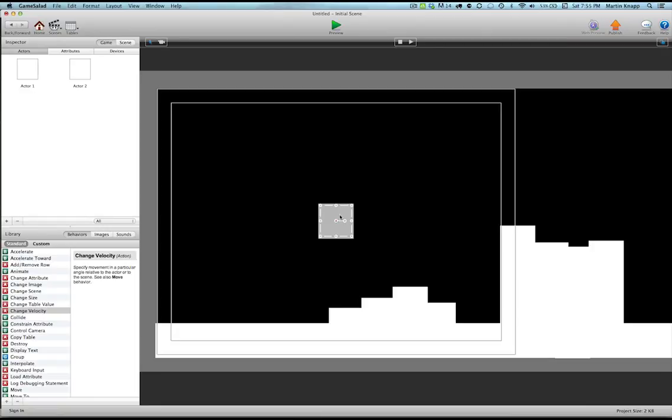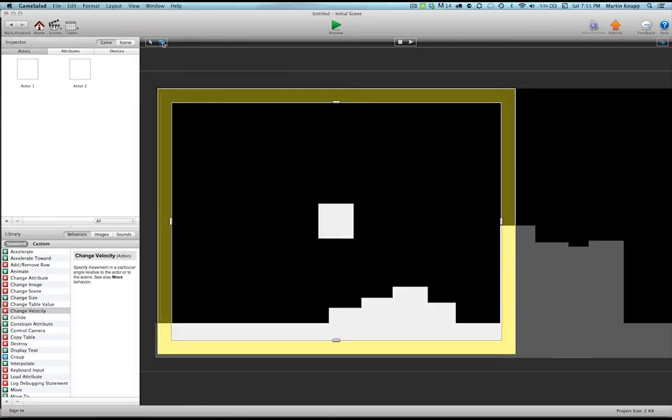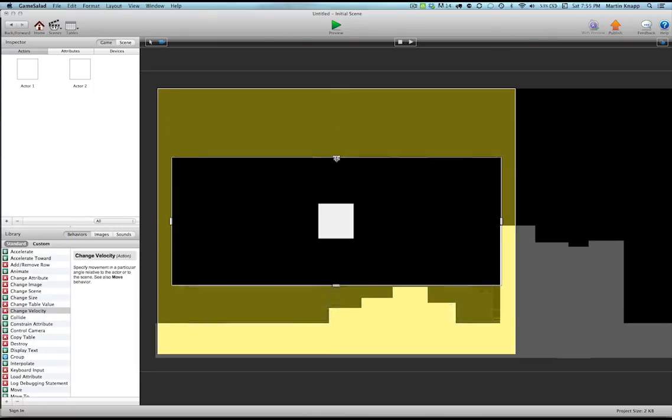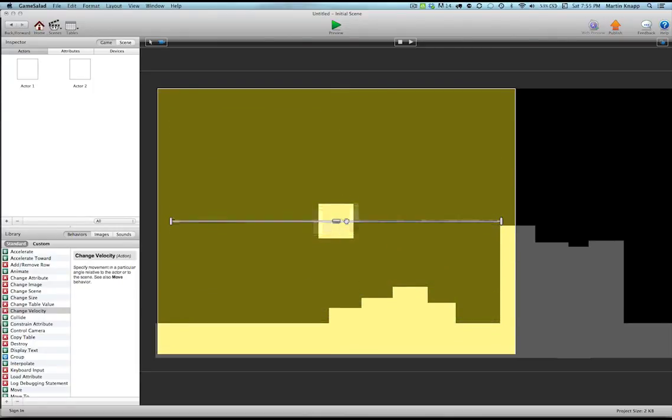So the way that we adjust this is, you notice at the very top left here, we have this camera icon next to the cursor icon. If we click on that, we can essentially take the bounding box of the camera and we can shorten it. So you can see I can take this all the way down to 0 in this direction and all the way down to 0 in this direction. And now if I preview,